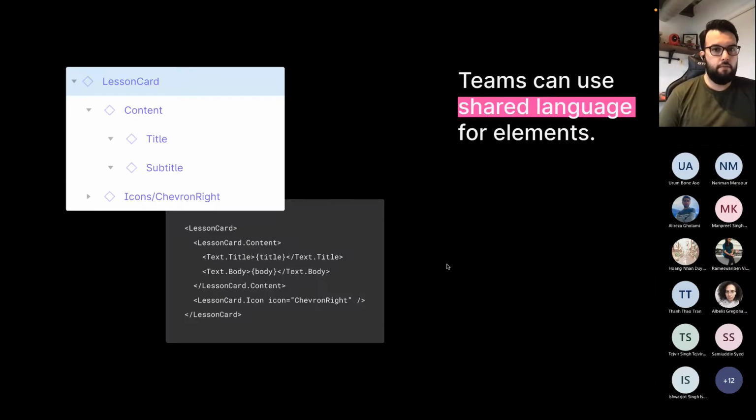And the main reason is really having a source of shared language. Right here, you see an example of the software being used, which is Figma, a designing software, but there are so many out there. Adobe XD is maybe one that you know. There's InVision. There are really a lot of tools that work in the same way, and that allow you to create components. And then on the bottom is a source of code that is used in React. And as you can